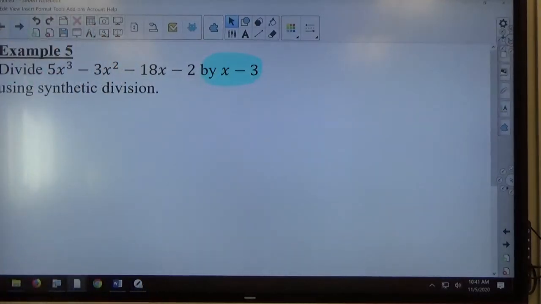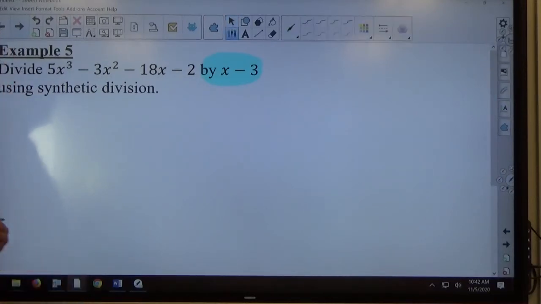If it says divided by x minus 3, you can do it. Divided by x plus 5, you can do it. X minus 4, you can do it. X plus 1, you can do it. If it says 5x minus 7, it won't work. If it says divided by x squared plus 1, can't do it. It's got to be x all by itself plus or minus a number. Okay. If it is divided by x plus or minus a number, though, it's very easy to do, and it